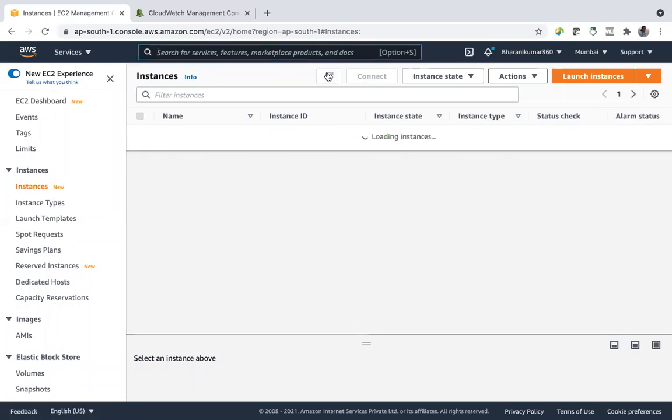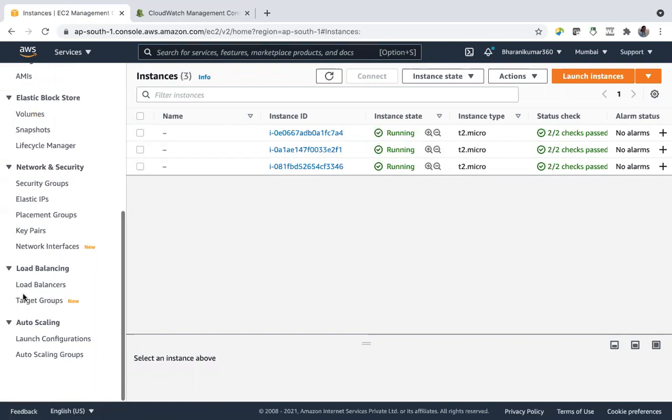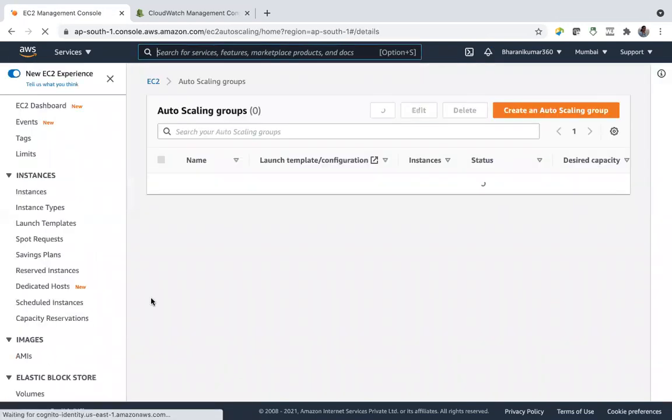Otherwise, check, but don't rely. Usually, if you delete your auto scaling group, it also terminates the instances. If not, also delete your instances. So it takes some time. Status is deleting.